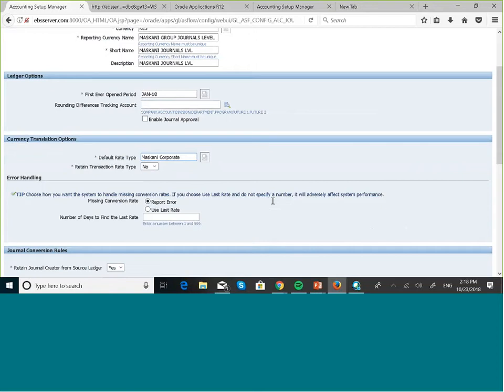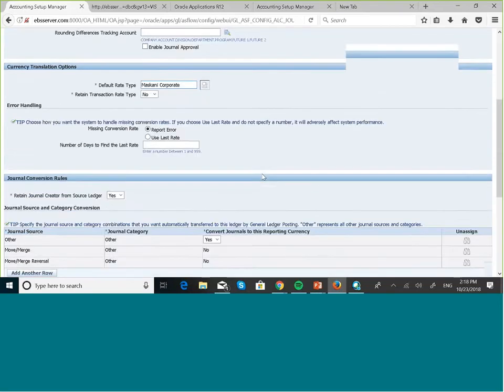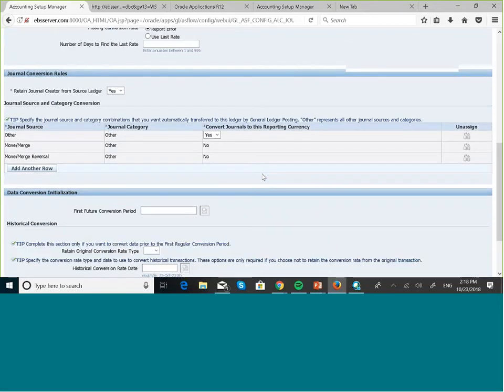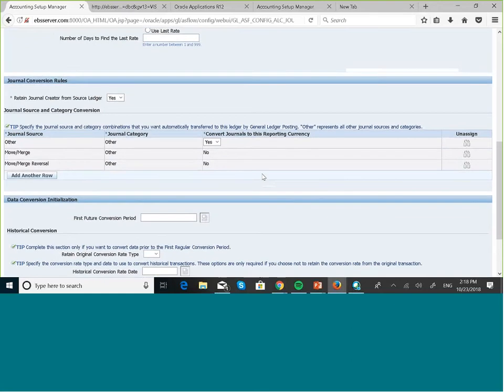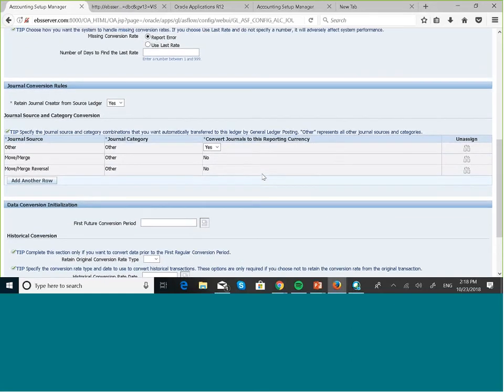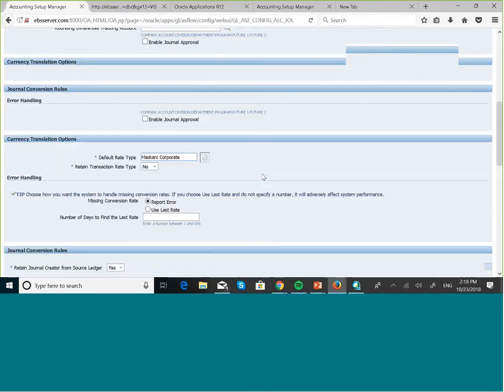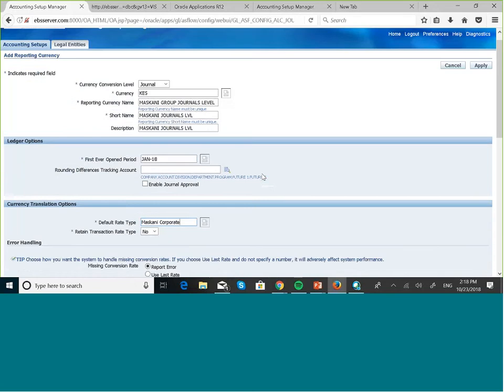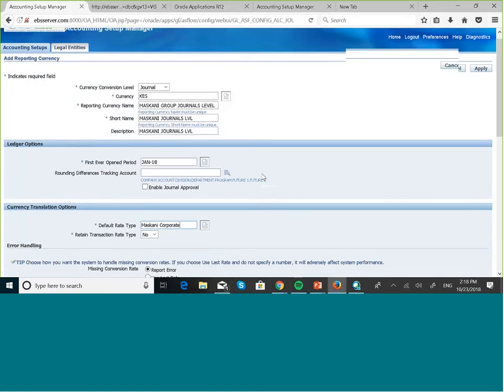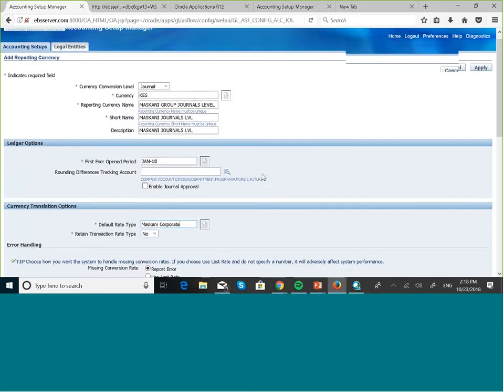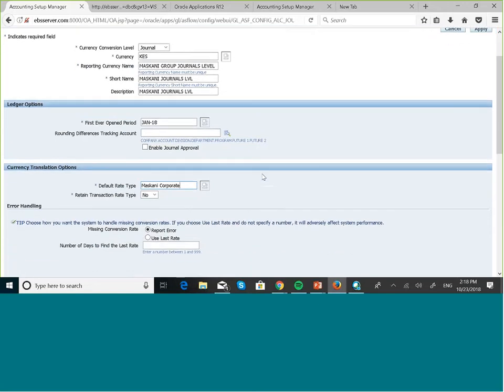The other thing is that we're not going to be able to post journals for the period that we already entered in our primary ledger before we created this reporting currency ledger. Okay,